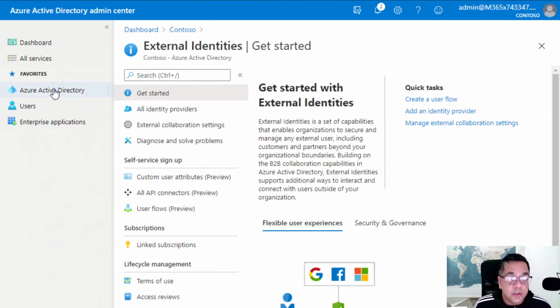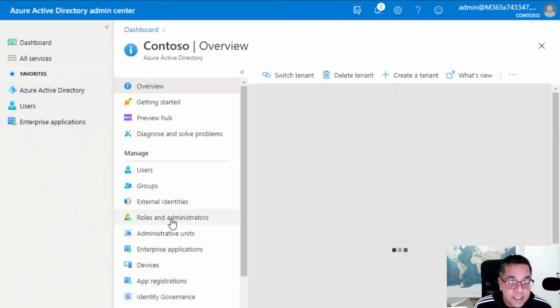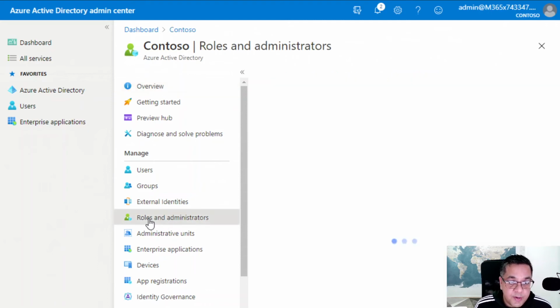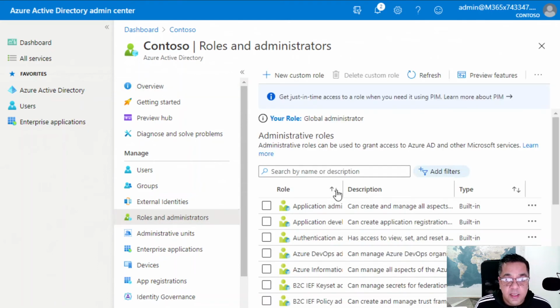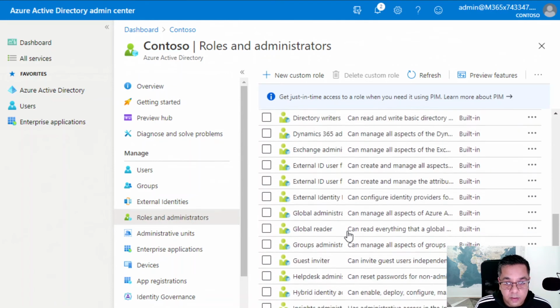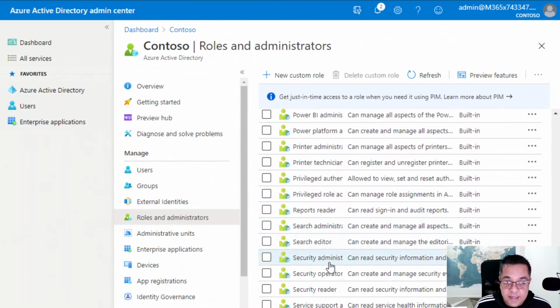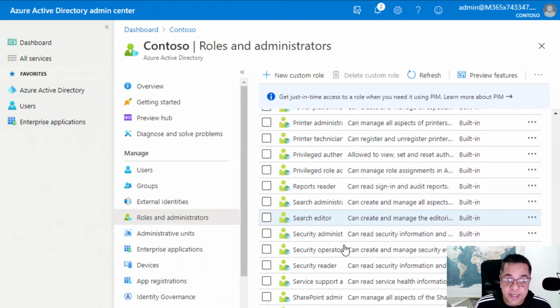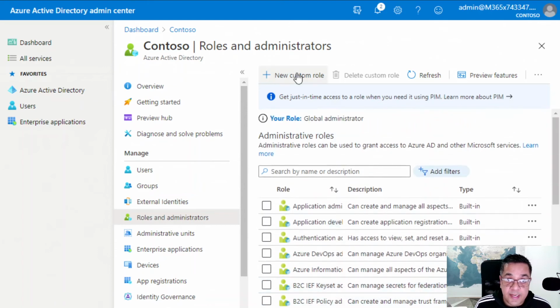So just going to quickly touch on role-based access control here. Within Azure AD, we've got roles and administrators. If I click on here, you can see we've got however many different really customized roles we can give users permissions to, or we can, again here, create